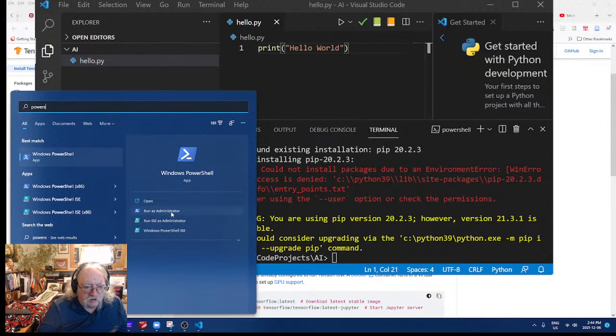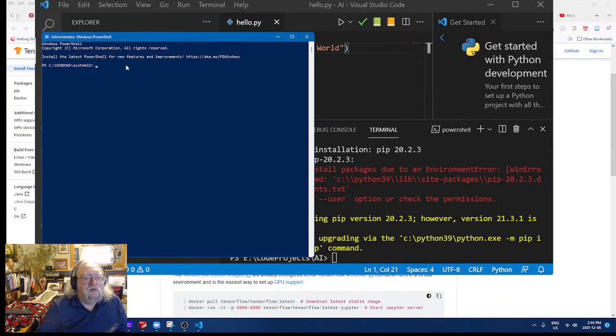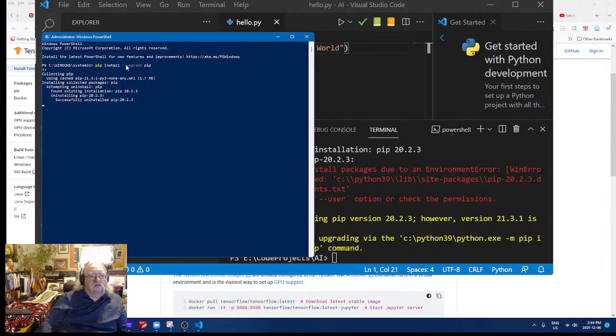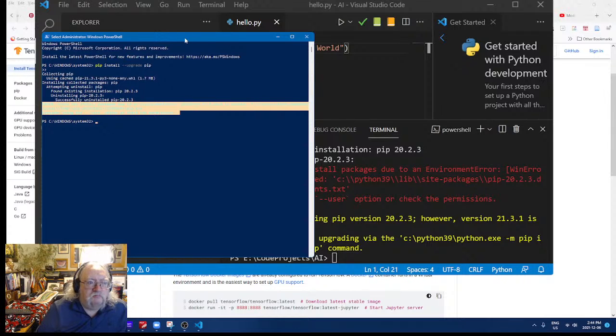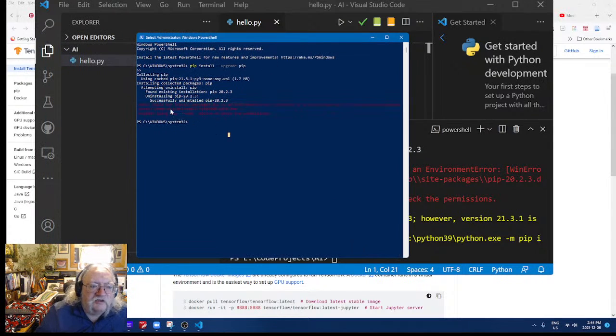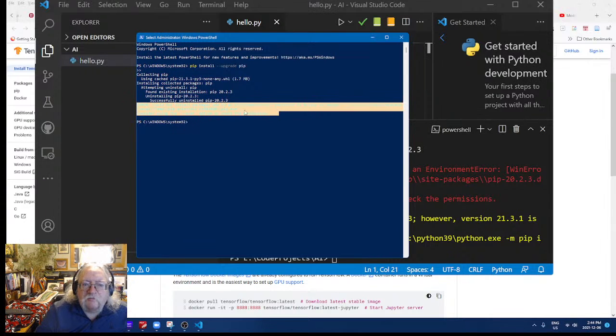All right, here we go. Run as administrator. Yes. Okay. So I could have done it for the user only, but I decided to run it as an administrator. There's brilliant Windows, eh? Default colors. Dark red on blue. Could not install packages due to an environment error. Access is denied. I'm running it as administrator.